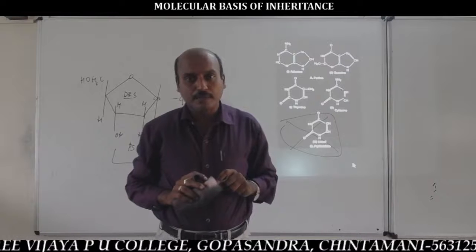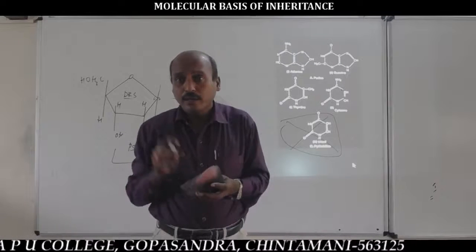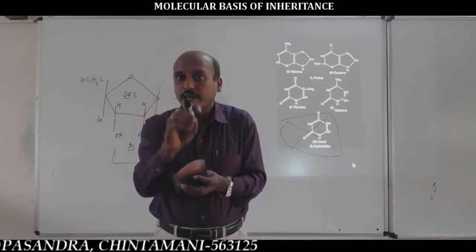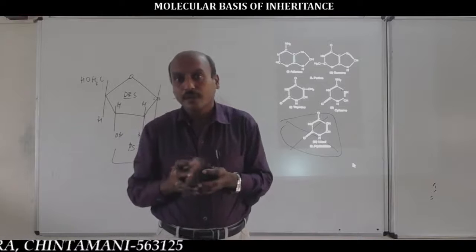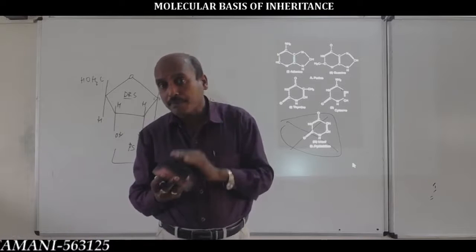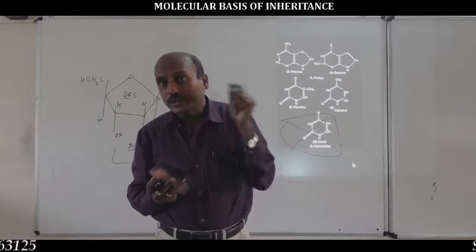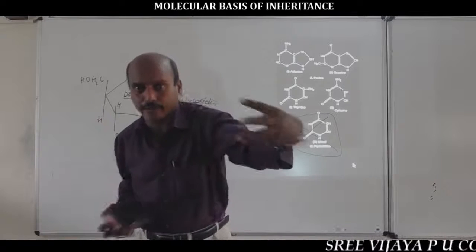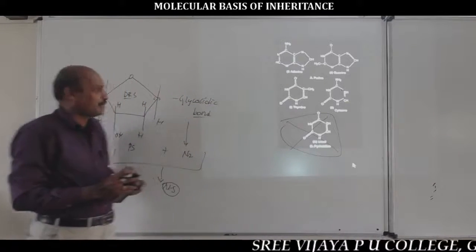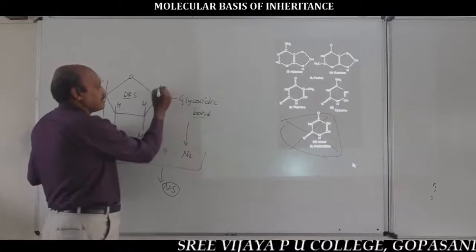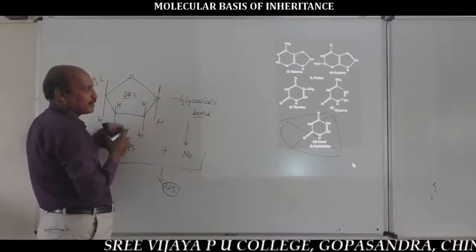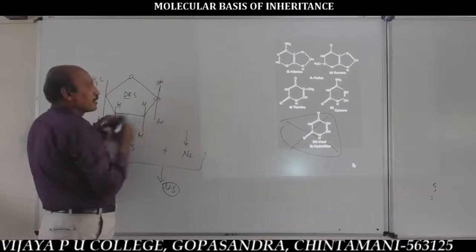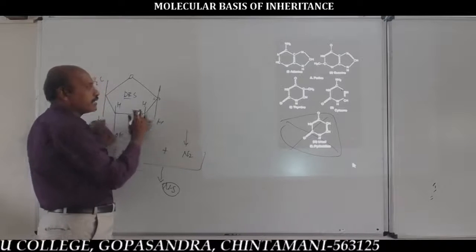you should remember this statement, one type of complementary statement. If the nitrogen base is a purine, either adenine or guanine, it binds to the first carbon atom of the pentose sugar through the ninth carbon atom of its imidazole ring. Very important. See, this is one type of pentose sugar with an OH group at the first carbon atom of deoxyribose sugar.